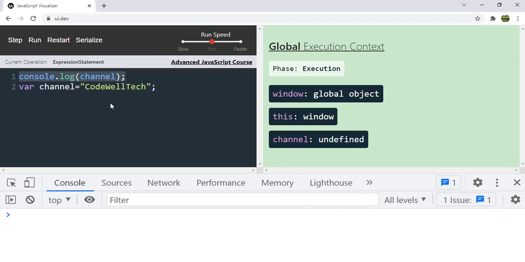So it has to execute the console log statement first, right? It will come to the console log statement, and by the time it comes to the console log statement, the value of channel is undefined. Here you can see that. This all happens behind the scenes. Now you can see undefined is displayed. Only after printing the console log statement are we assigning the value "code will take" to channel. You can see after that the channel value is "code will take", but we already printed the channel value. That's the reason we got undefined instead of an error.